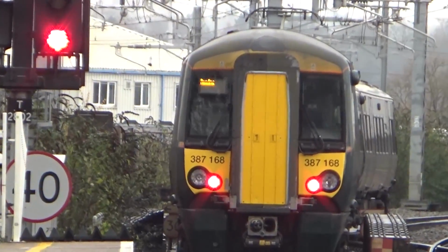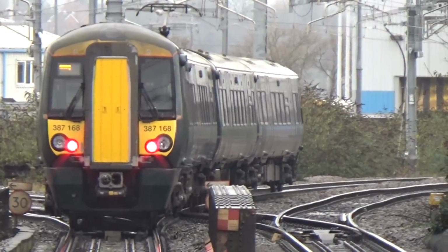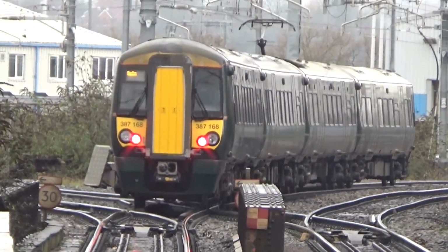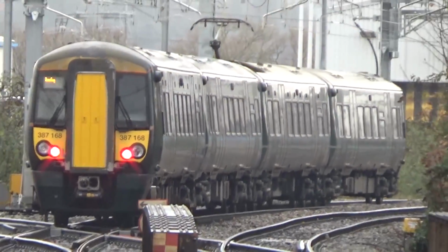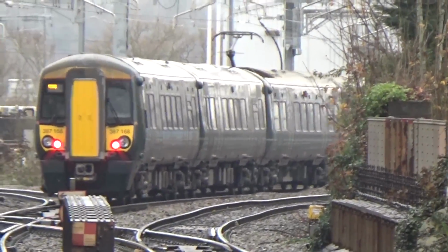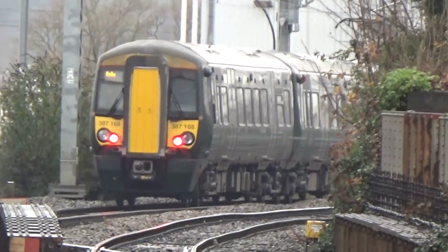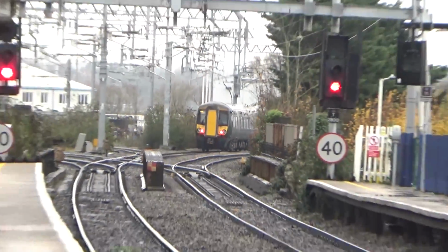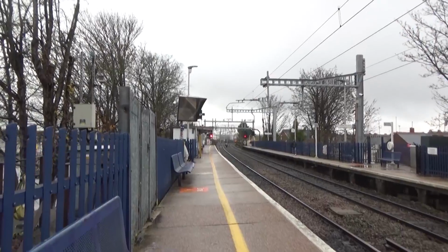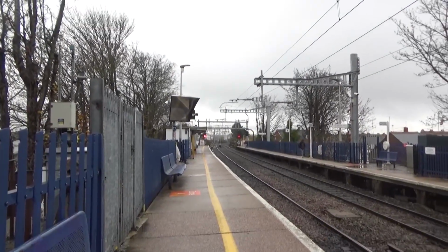Now the difference is you don't see as many 387s stopping than you do turbos, because the Basingstoke service is every half an hour, also Newbury services every hour, so there is a slight difference between the two. But there that one goes anyway, 387 168, and we'll probably see that one come back shortly as